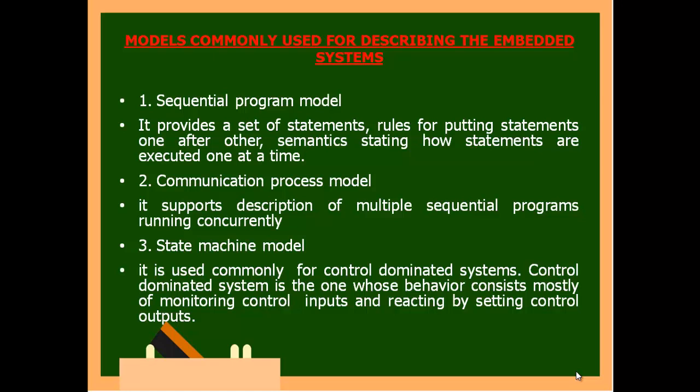The third one is the state machine model. From the word itself: what is the current state, what is the next state. If the state fails, what has to be done; if the state passes, what has to be done. For this I told you an example of a coin box. In a coin box phone, you take the handle, keep it to your ear and see whether you are able to listen to the dial tone. If not, you keep it back and move forward. You say it is not working.